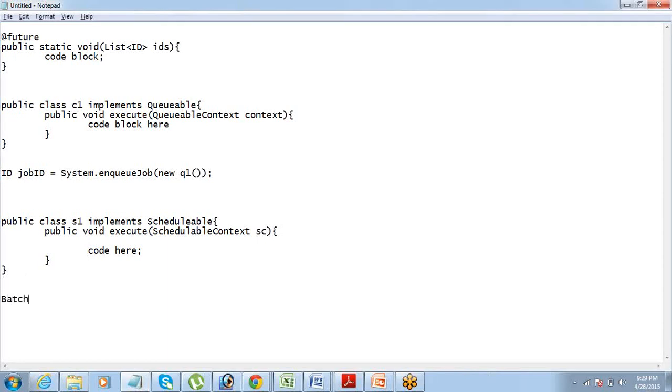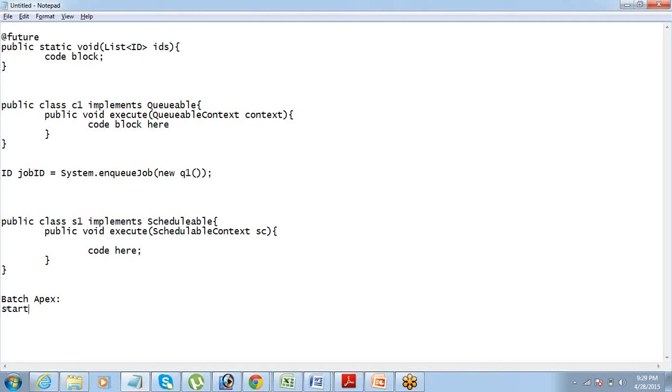Batch Apex is again where you need to have the Batchable interface implemented, so that is required, and it has 3 methods. Like Queueable Apex and Schedulable Apex had one method, execute, Batch Apex has 3 methods.